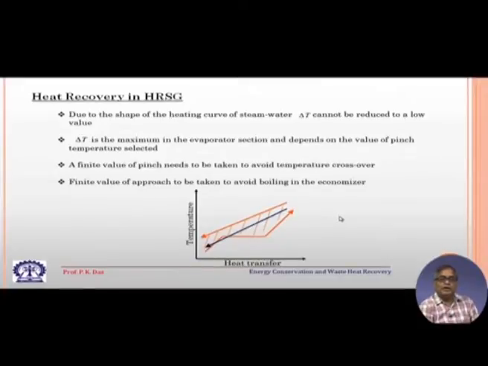Suppose we go on reducing this, this is the smallest temperature. So, we try to bring them closer and closer, so that we have the maximum amount of waste heat recovery. What happens is that during operation, sometimes the gas stream temperature is reducing like this and the vapor stream temperature is increasing like this, and there is a situation denoted by this crossing of these two temperature curves, which is known as temperature crossover. This is not allowed in a heat exchanger, this violates the second law of thermodynamics, and then this system will not operate.